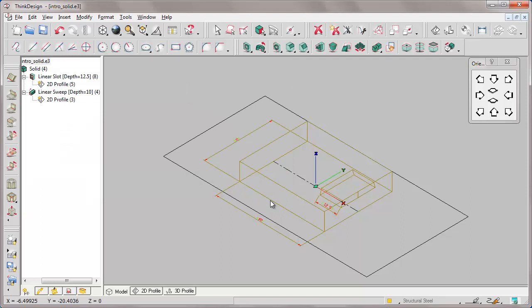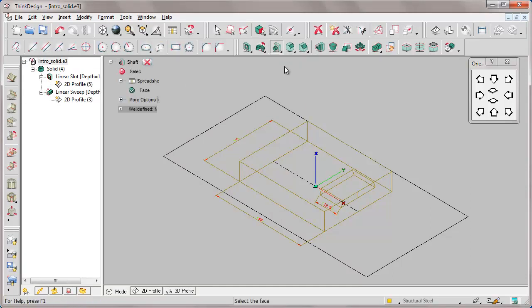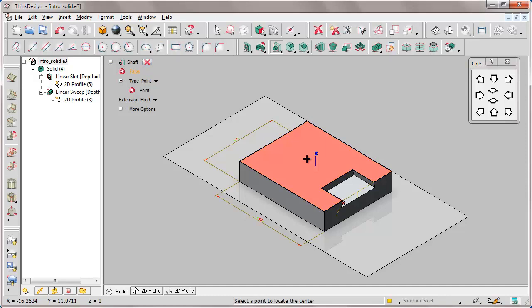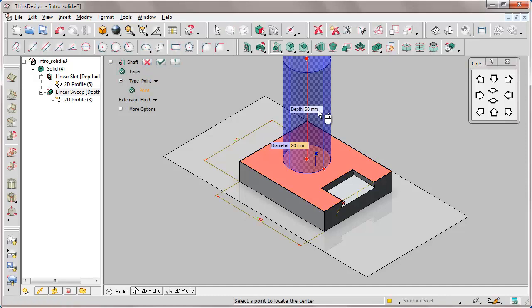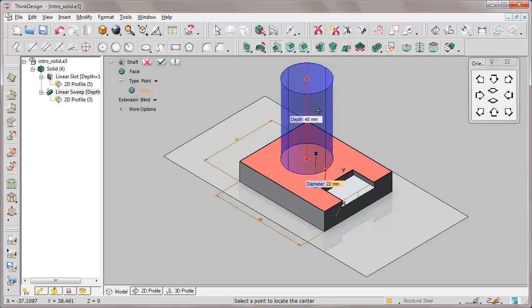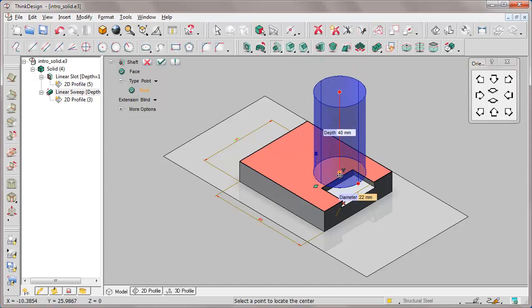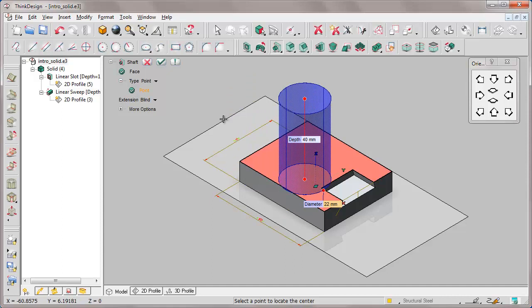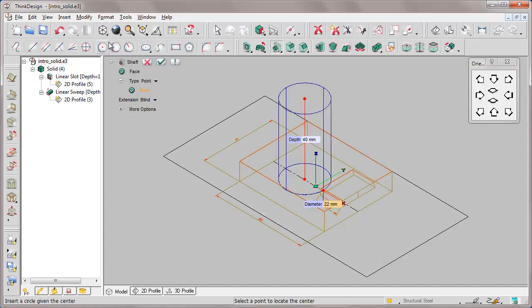Let's now add a shaft feature. We identify the face on which we are going to position the shaft, the value in height, the value of the diameter. Let's drag the origin of the shaft. We see this position is free, but we are going to lock it. So the position of the shaft will be referred to the midpoint of the axis of the bottom profile.